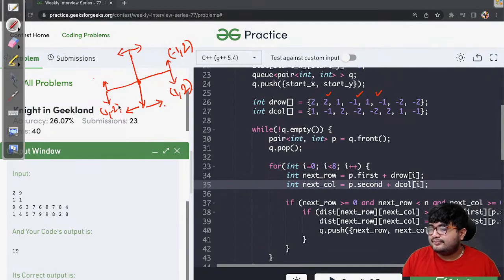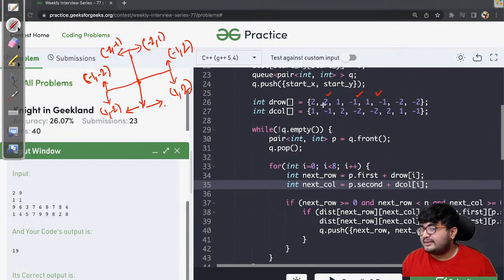So 1 minus 2, and this will be minus 1 and minus 2. This will be minus 2 1, minus 2 minus 1. Let's see all of them are there or not. So 2 1, this one is 2 1, and this is 2 minus 1. So 2 1 is there, 2 minus 1 is there, 1 2 is there, minus 1 minus 2, it is also there,